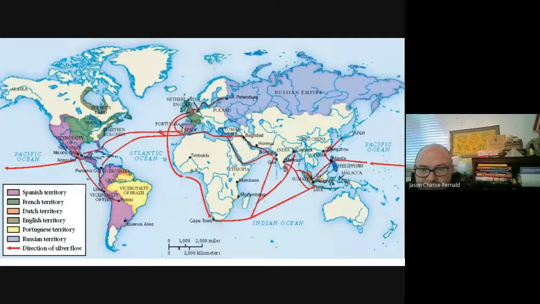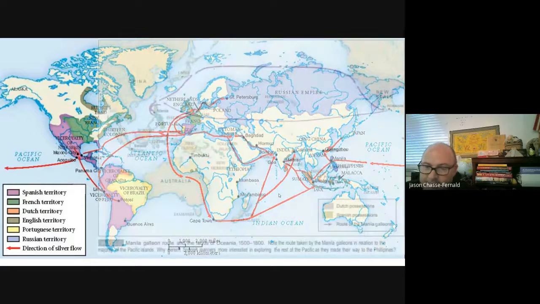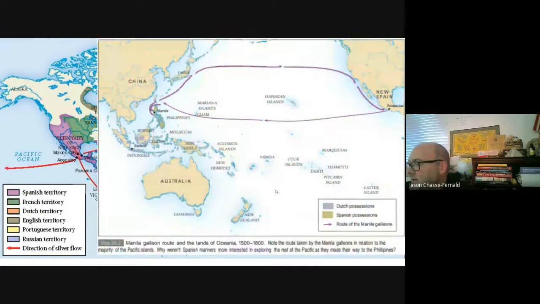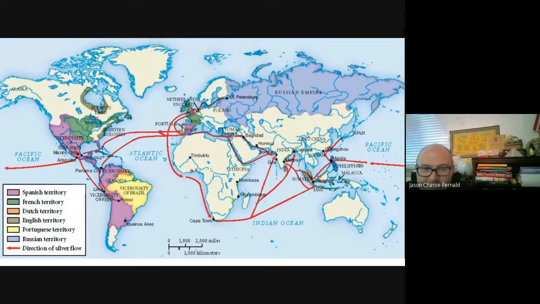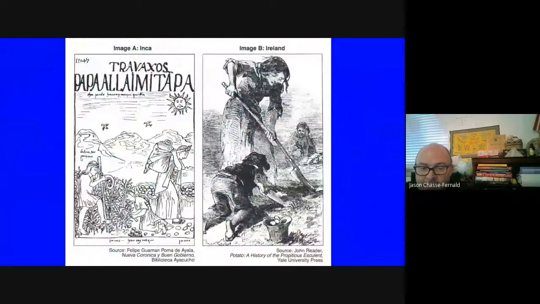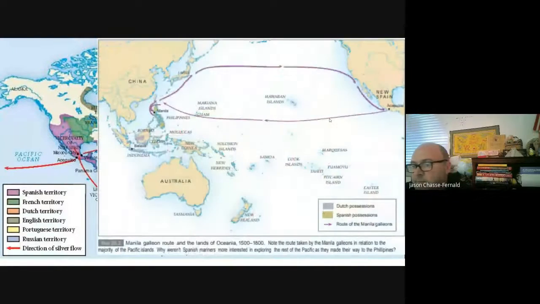So for your comparison, if you're talking about the Columbian exchange, don't forget about the Americas and silver, and we've already talked about this, but Potosi. Potosi is in modern day Bolivia, so that's Potosi walking the silver down to Lima, and then making that run up to Acapulco, and then the Acapulco to Manila run on these Spanish Manila galleons.